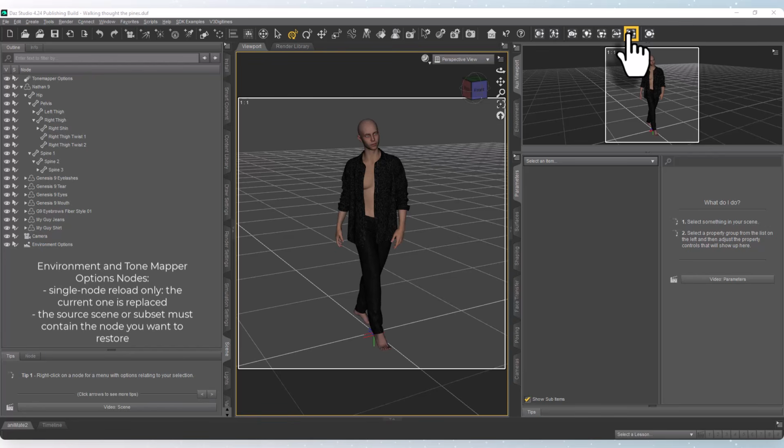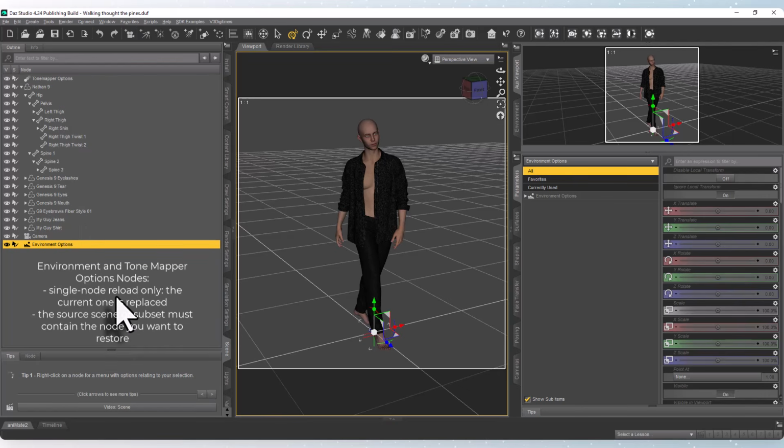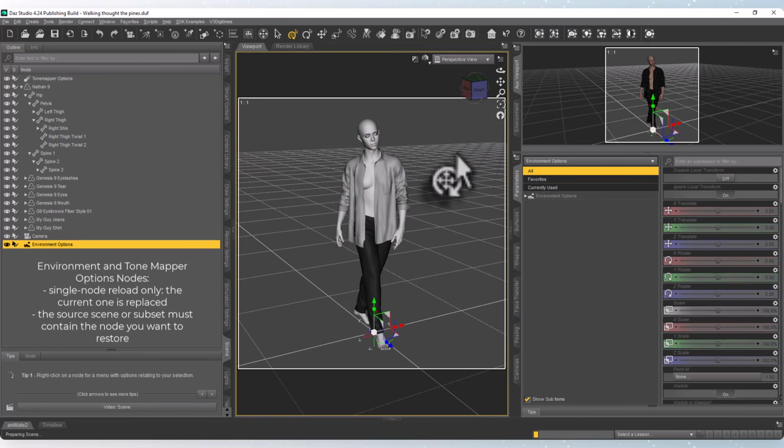Environment options nodes and tone mapper options nodes are loaded as single scene elements and they replace automatically the current ones. This is the main difference with the rest. So in order to exist, your scenes or saved subsets must have been saved with these two nodes. Otherwise, they simply won't be detected. So let's have a look here, for instance, at this guy walking in